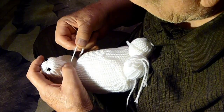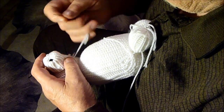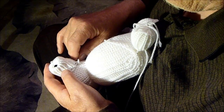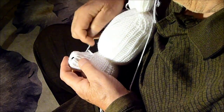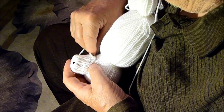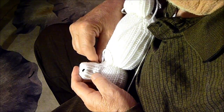and bring it in, cinch it in. And then I'm going to go through the bottom here again. That simply ties it both ways. And then I'm going to go from one place to another place up here in the pig snout. Cinch that up, and then I'm going to go back down again to the white here and go through a couple of yarn loops, and then I'll come back up and go a little bit further in the pig's snout top, and